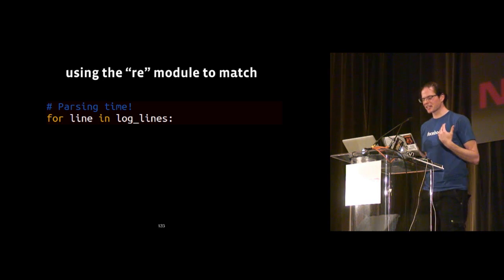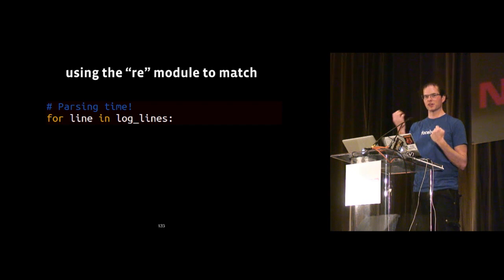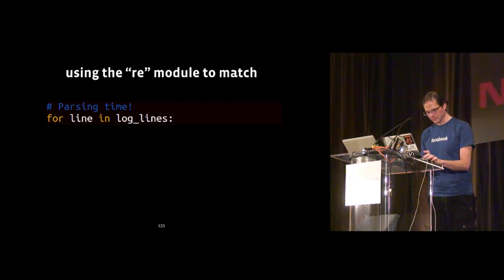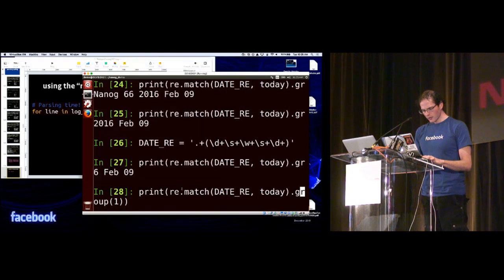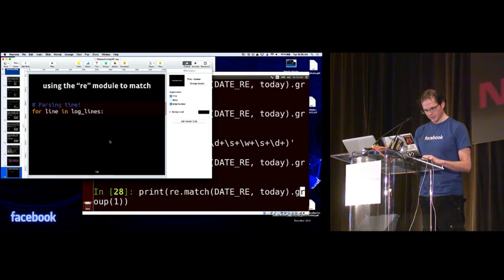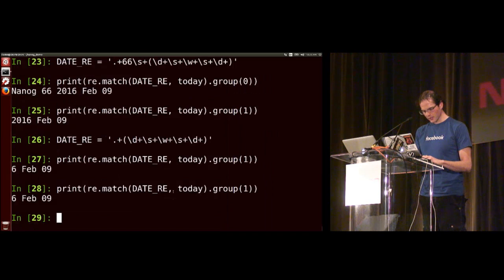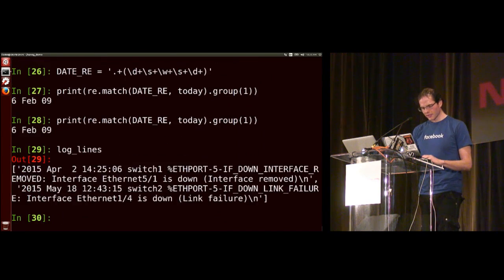OK, so let's get on to the exciting part of actually matching out this data, because what we want to get is data from these syslog messages so that we can actually act on them. So if we start walking through this, we have log lines in memory right now. So if we walk through for line in log lines,